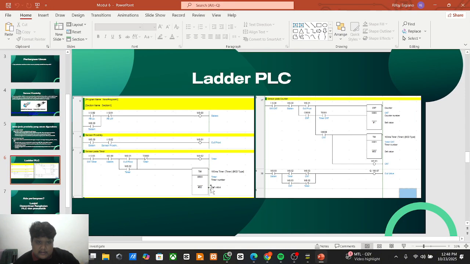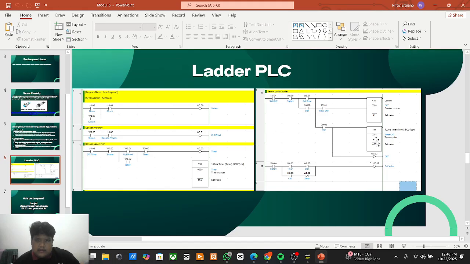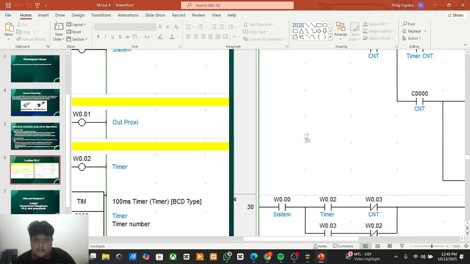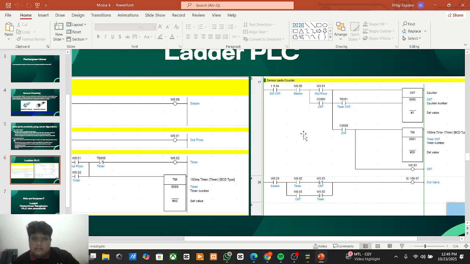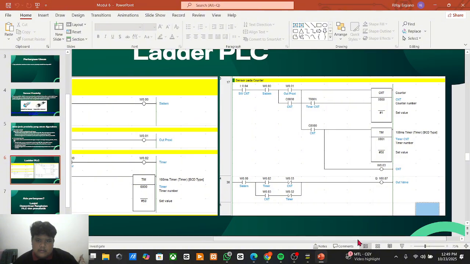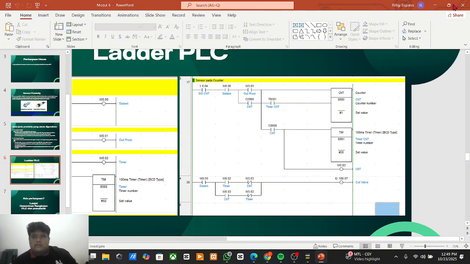We go to the next diagram, which is for the sensor and the counter. Okay, here. We make a new contact.